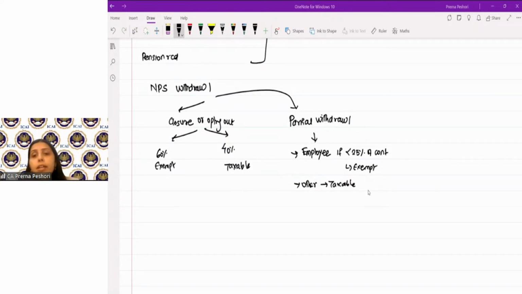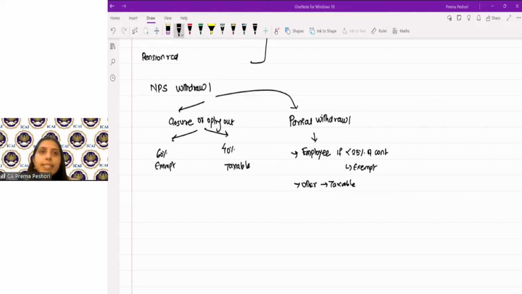10(12)(a) for the employee, it will be salary. For any other person, it will be income from other sources. What is opting out of the scheme? That I would not want to continue with the NPS scheme. Not just NPS, there are certain organizations which make you opt for the pension scheme. It's a voluntary scheme. If you go with the organization's pension scheme, and then you say that you do not wish to continue with that, you're opting out of that scheme. Clear, Viraj?